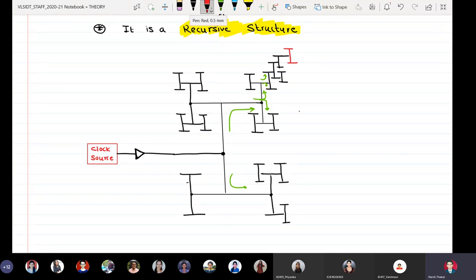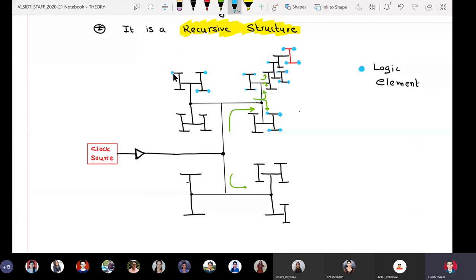So what we will do, we will also make a logic element here. So we'll make it. Okay, so now